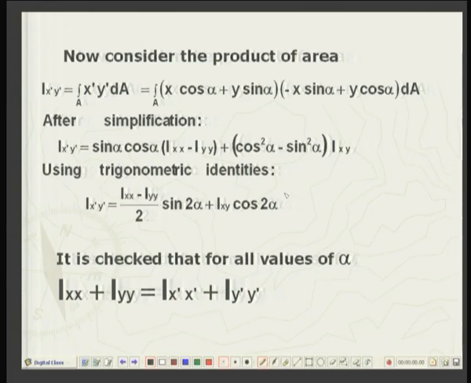So, what we have achieved is that both the moments of area and the product of area in the new coordinate system can be correlated with the three quantities in the old coordinate system, which we have already calculated, for example. So, with the help of these relations we can calculate those quantities in the new coordinate system very quickly. These coordinate systems are related through rotation about an axis normal to the area, that is the z axis.